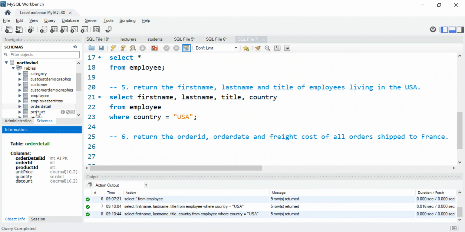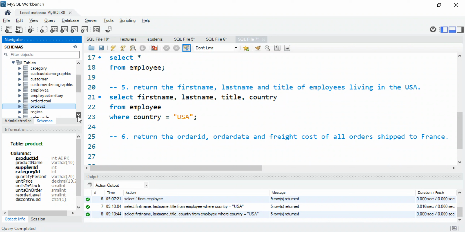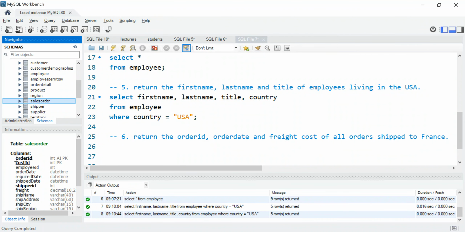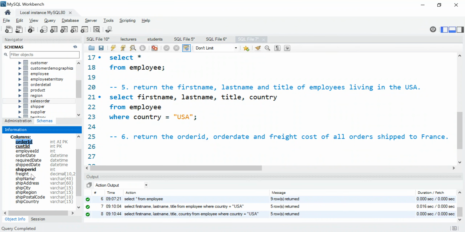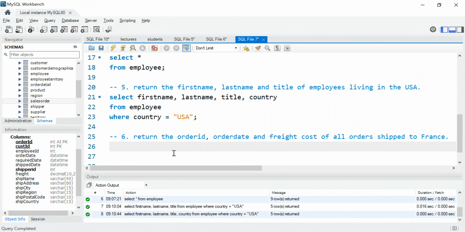Let's keep searching. Product does not have that. And well, there's sales order. Let's check that. Well, okay, great. It has order ID, it has order date, it has freight. Does it have country? It has ship country. So we found our table. Good, that's good news. So we say select order ID,